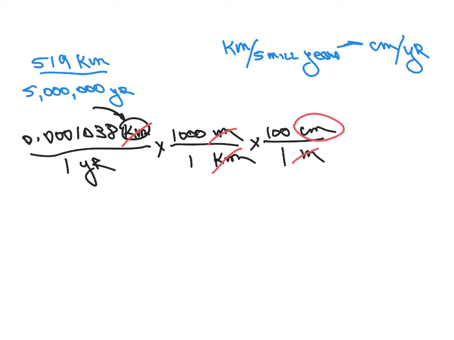And centimeters is what I'm looking for. Years is what I'm looking for. And notice those are the only 2 units that are not crossed out. So that's how I know that I'm done, because it is what I was looking for here. So what I'm going to do is multiply this times this times this. And when I do that, I get